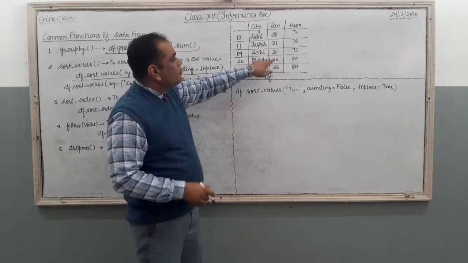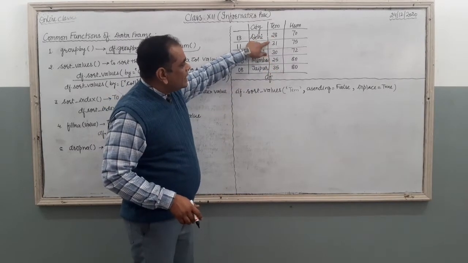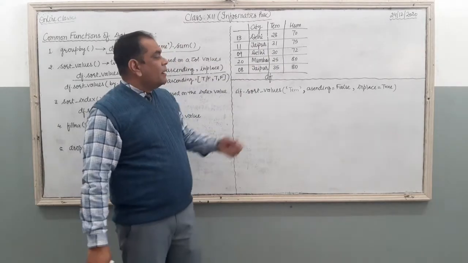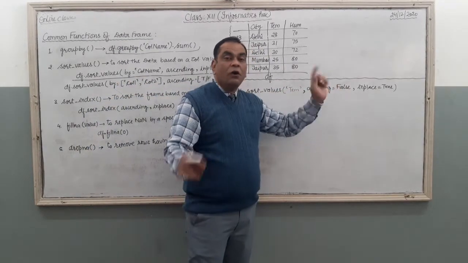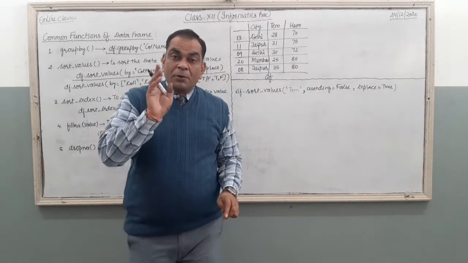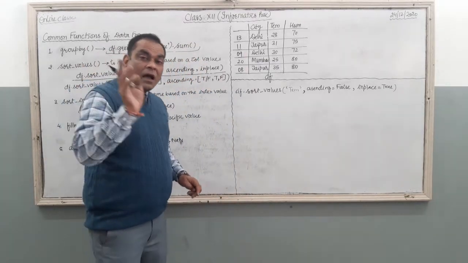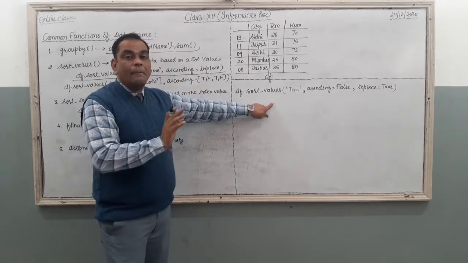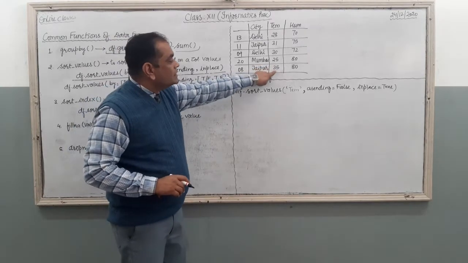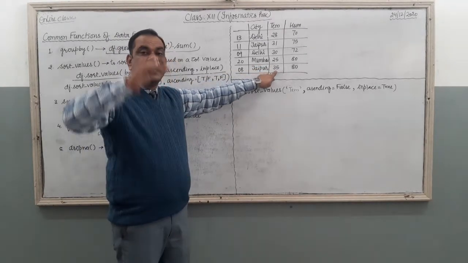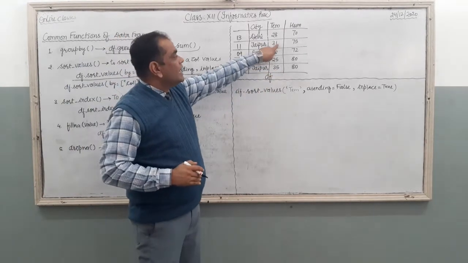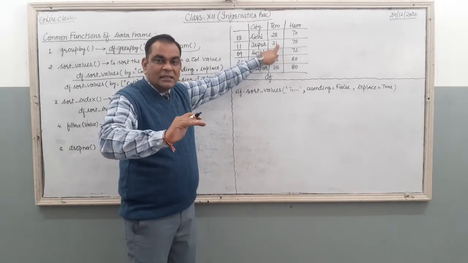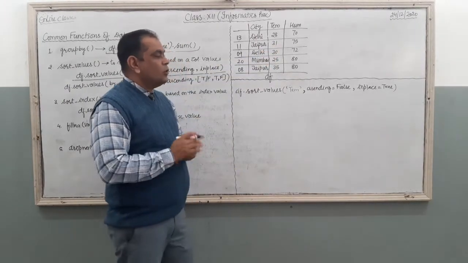The old output had records 25, 28, then 30, 31, 35. Now what did I do? Ascending equal to false. It means the computer arranges the data frame in a descending approach. Descending approach means the maximum temperature record, 35, is at the top of the data frame, then 31, the Jaipur record, is second from the top of the data frame, and so on.